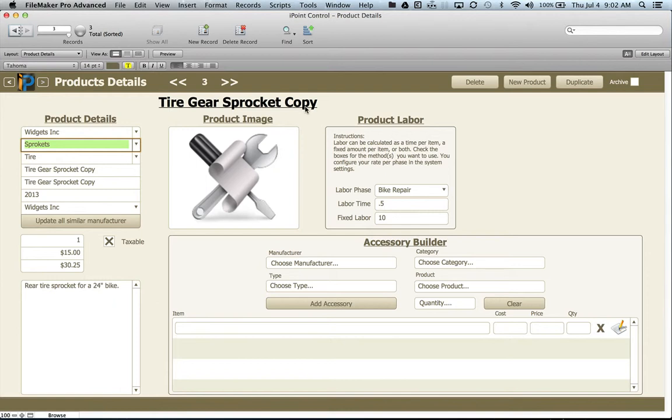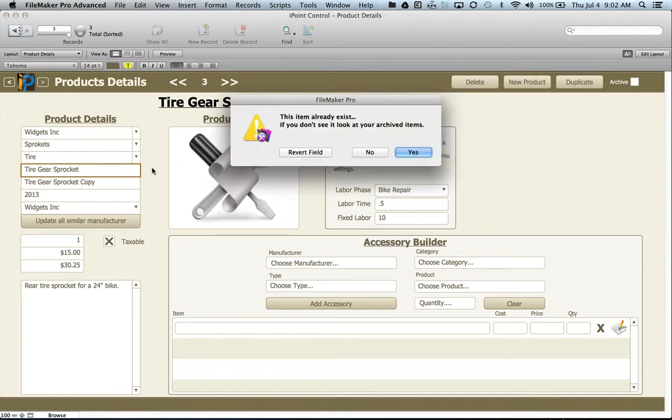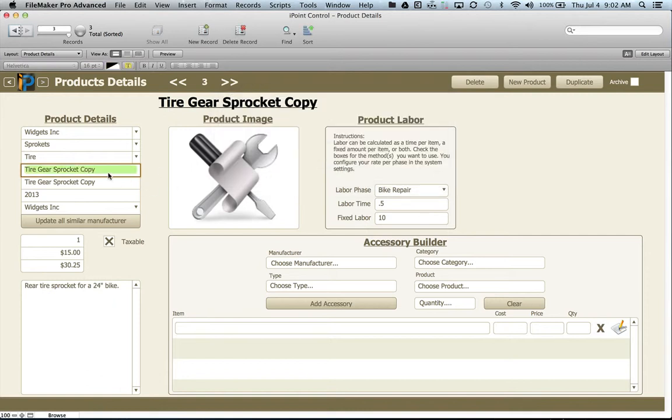As you'll see, what happens is it all looks the same except no accessories, and it says copy behind the name. You cannot have a duplicate name. So if I come in here and try to change this back to the very same name as we had before, you're going to get an error message. We can revert it and then fix it. So let's call this the